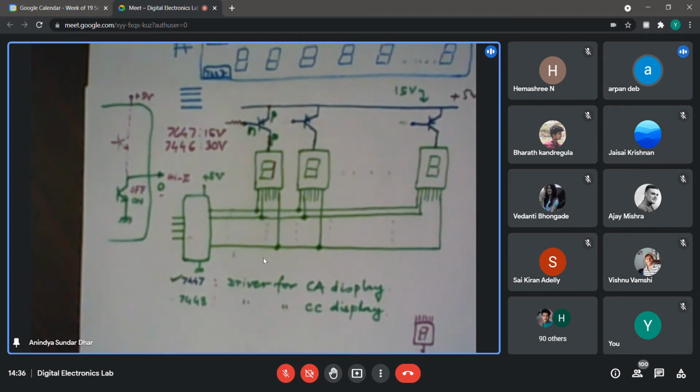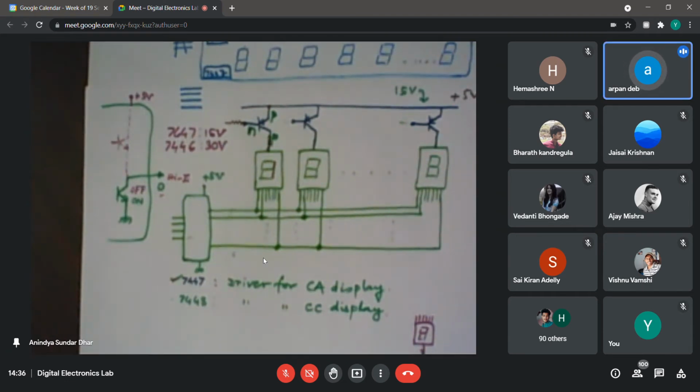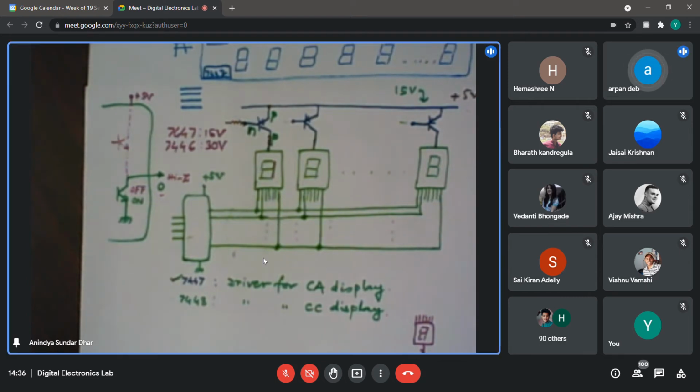Sir? Yes. In the simulation, in place of the transistors, can't we use voltage control switches for doing this? I do not know. In digital, probably you will not be able to. Just let me see whether that is available. Have you seen where it should become available under switches? Let me see.